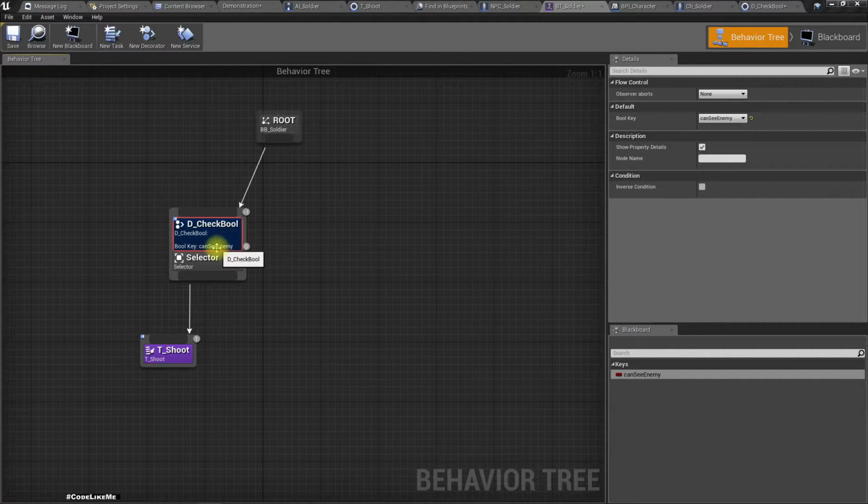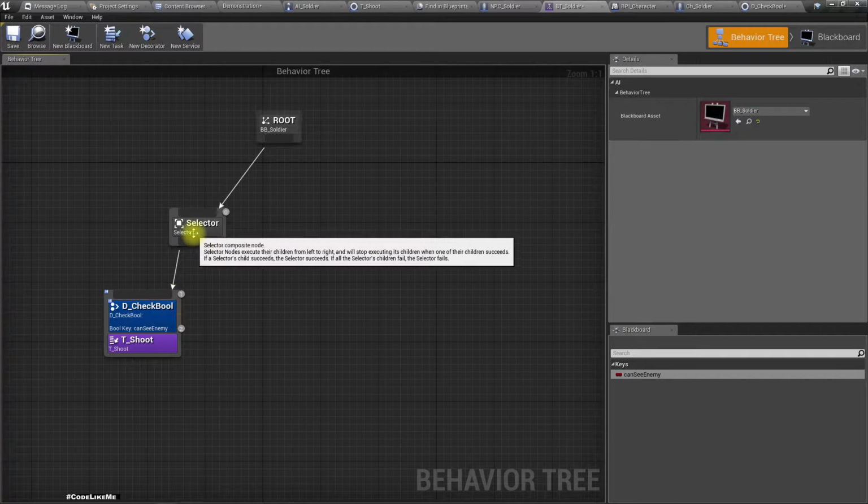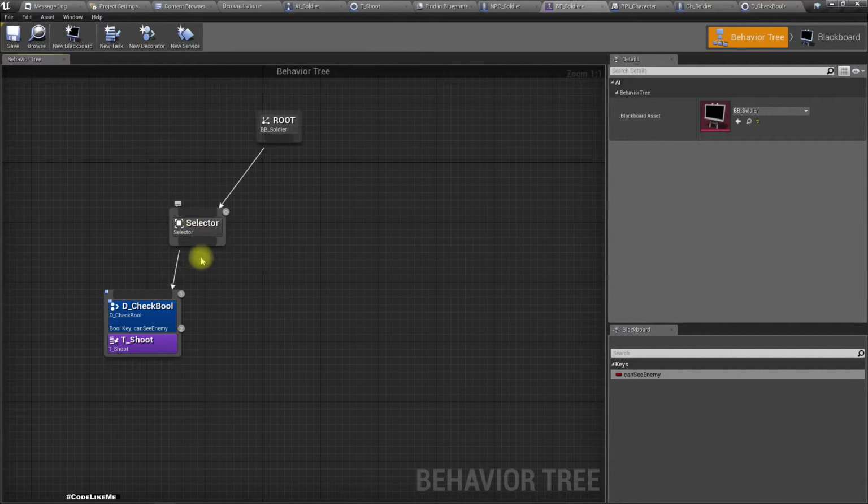Sorry, I should add this decorator here into the T shoot node, otherwise yeah,